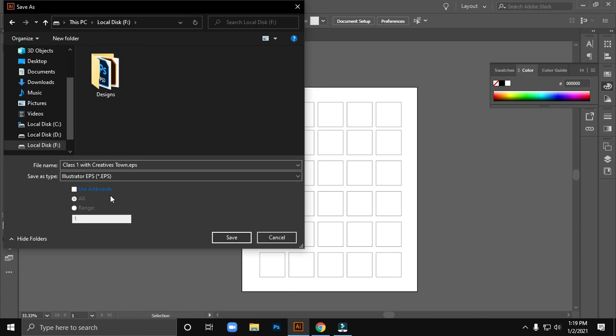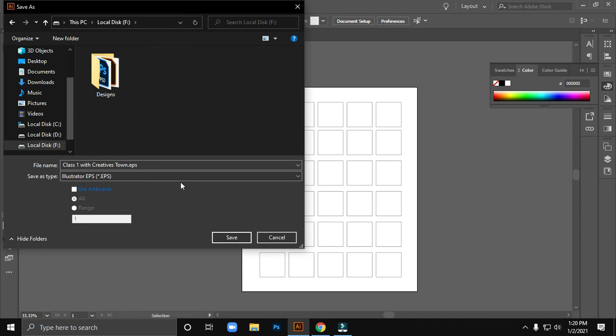EPS is a format that is created by Illustrator for global services. Suppose you are giving a design to your friend, but your Adobe Illustrator version is 2021, but his is Adobe Illustrator 2014. EPS format is a global format that will convert it for the other versions. If you are using the higher version of Adobe Illustrator, like 2021, and you save it to EPS format, then the user of Adobe Illustrator 2014 can also access your file without any hazard.